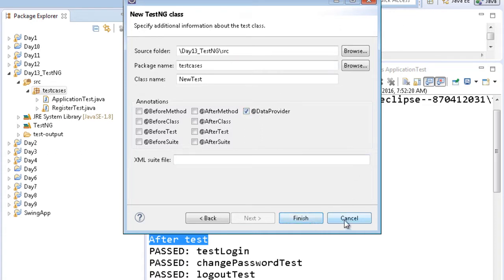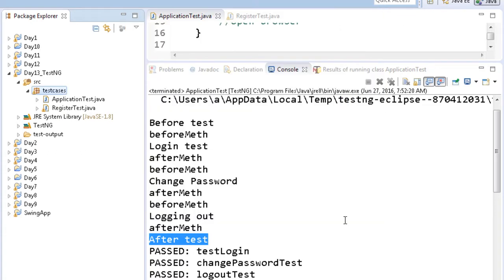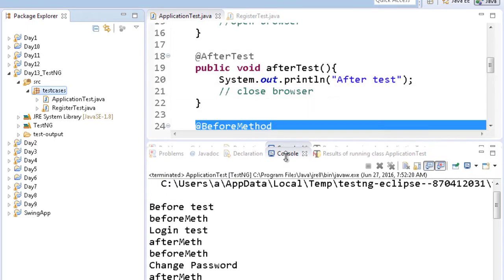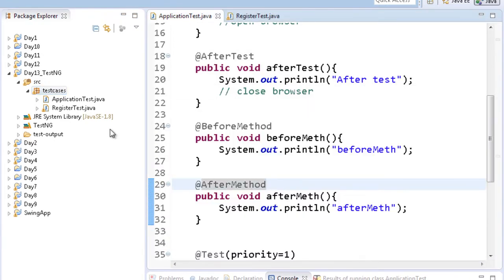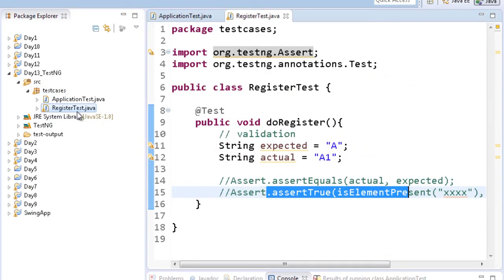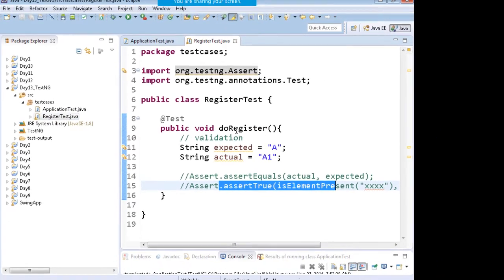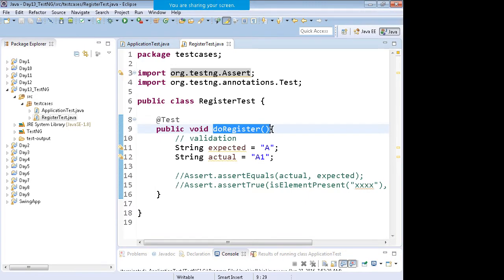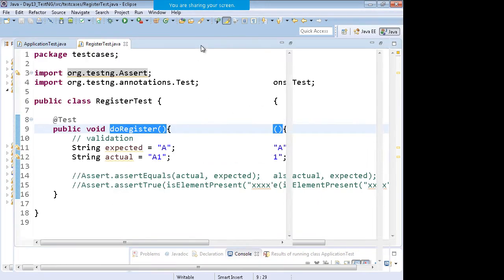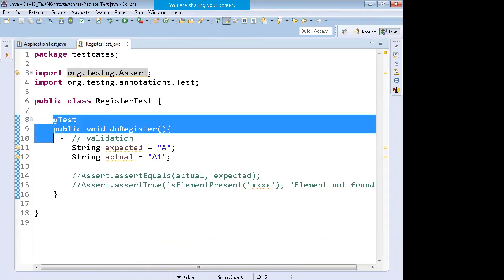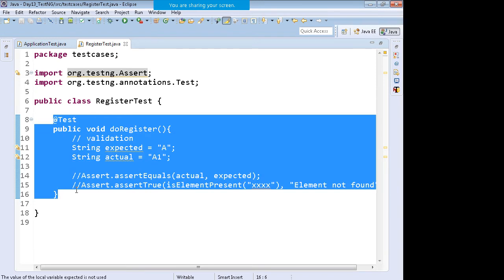This annotation data provider is used to parameterize the test case. That means execute the test with more than one set of data. For example, this is a registration test to register. Suppose I want to run this test case multiple times with different sets of data. How do I do that?